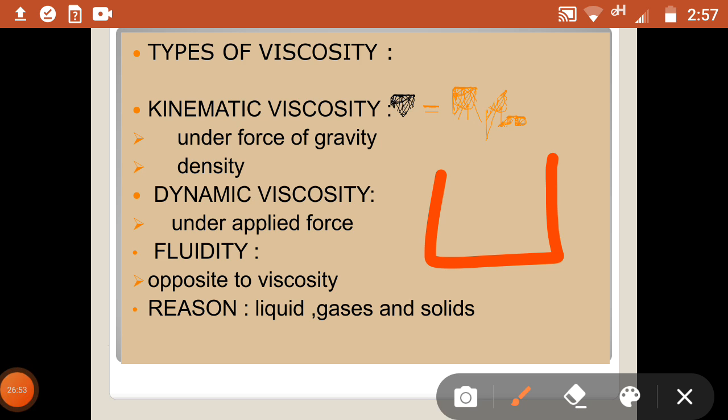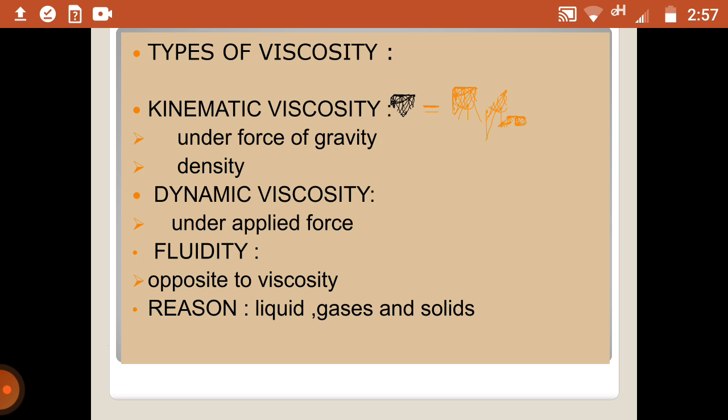But for liquids, for the concept of fluidity, the molecules are apart from each other, with air entrapment and gaps between them, having weak van der Waals forces of attraction, and they are not tightly bound to each other, so they can easily flow. Like if you have a friend and you are going to the canteen, your friend will always go with you, so you are bound. Why? Because you have a strong bond, the best friendship bond. And if you don't have any friend, you are alone in the university, then you are free to go where you want. This is the same phenomenon for fluidity and viscosity.